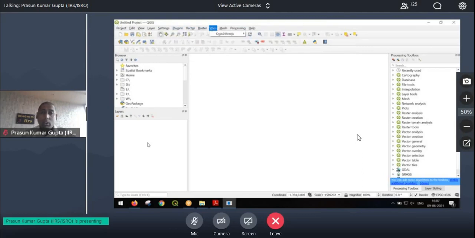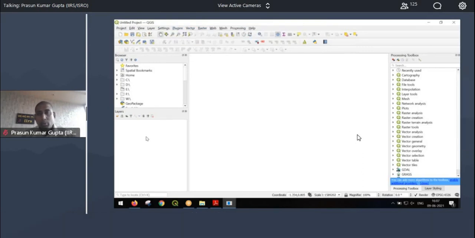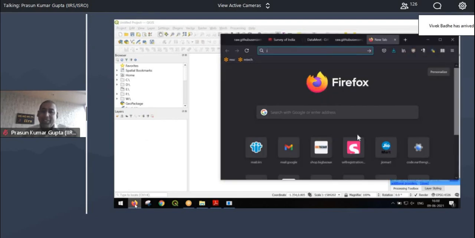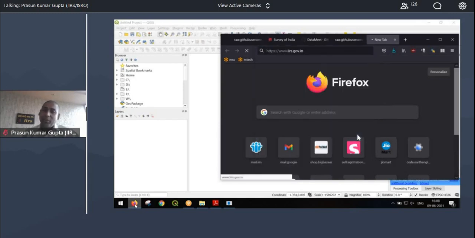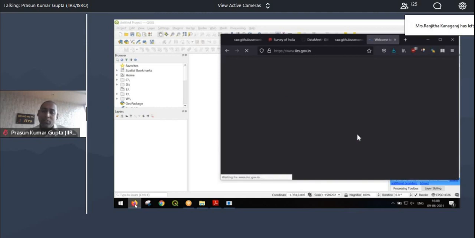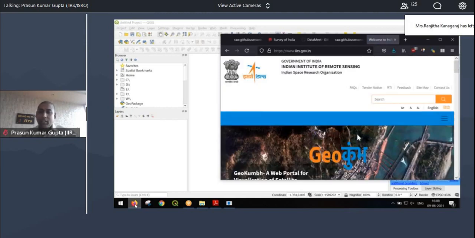Dr. Arora will talk about a lot of these things tomorrow. I'm just focusing on how to add some basic data and how to make a map. Okay, that is the focus of this session. No 3D, no network analysis, no hydrology, nothing I'm going to show in this session. If you are interested more in QGIS, please feel free to go to our website and join for longer courses like MTech, PG Diploma, certificate. We do a lot of things and we teach this software in much more detail. All that information is on our website. PRSC is also doing MTech. You can go join them also.